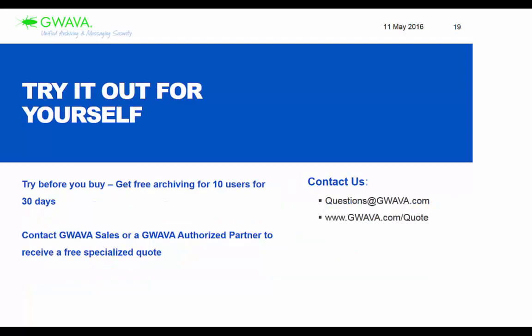If you're interested in the cloud, you can try it out for yourself. You can actually get free archiving for 10 users, free for 30 days. So you can put it into your system, tie your system to retain, and see how it's going to work for you. You can test it out. If you're interested in that, feel free to reach out to us. You can contact